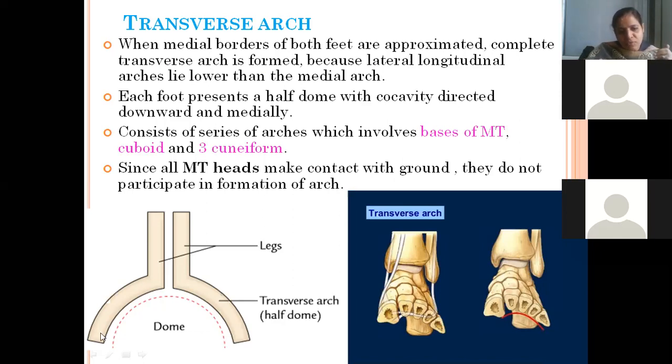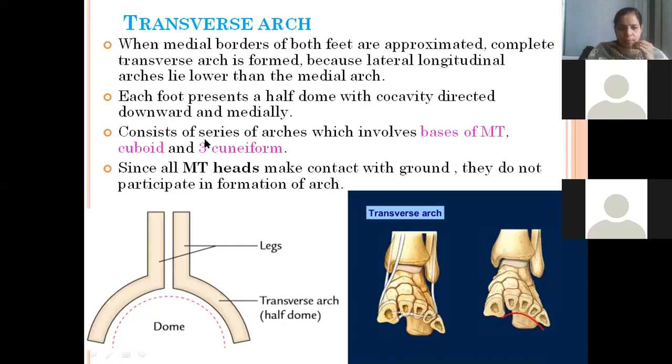This is one foot, this is another foot. These are two legs. When you are just trying to lift, then you will see this. Like this, the medial borders of both feet are approximated, and a complete transverse arch is formed because